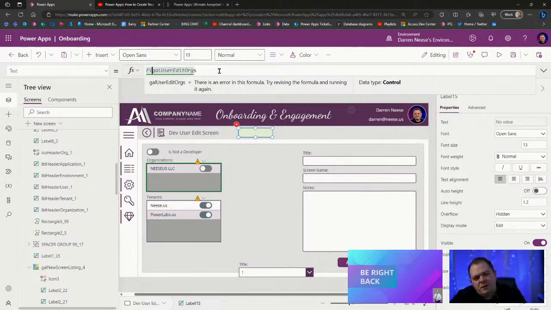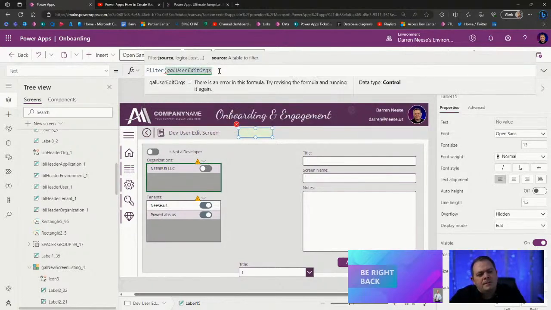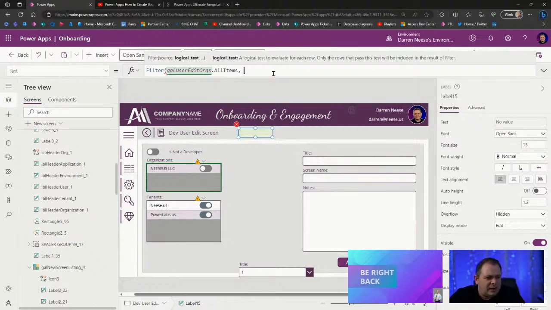I'm going to filter the data in that gallery by saying .AllItems. We're going to filter that and pull back only the ones where the toggle